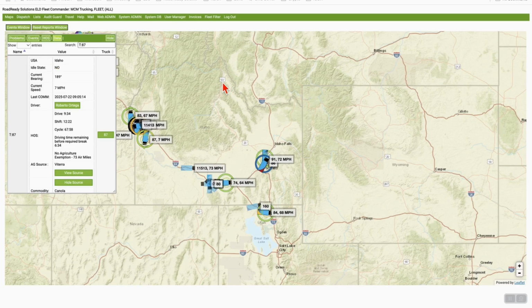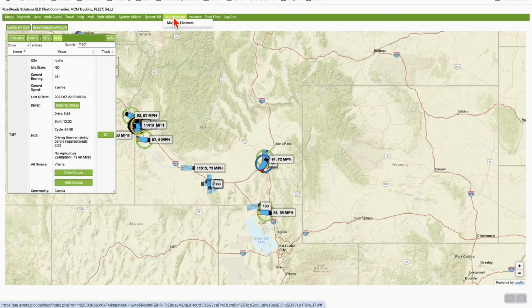Driver access to the ELD app, that is their ability to log into the app, is controlled by the administrator through the admin portal here. The admin will go to User Manager on the main menu bar here, then click on Manage Licenses,